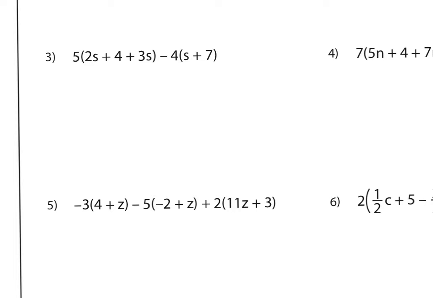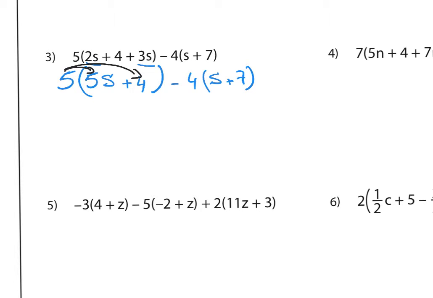So we're going to have 5 times, and we know that 2s plus 3s is 5s, right? Plus 4 minus 4 times s plus 7. Next step, we need to get rid of parentheses. So we're going to distribute 5. We're going to use this distributive property, right? We're going to multiply 5 with 5s and 5 with 4. So we're going to have 25